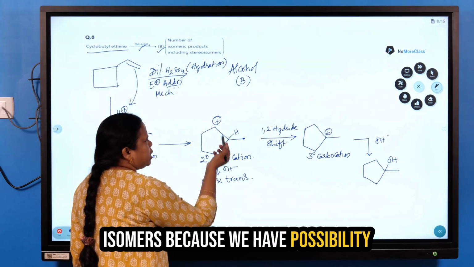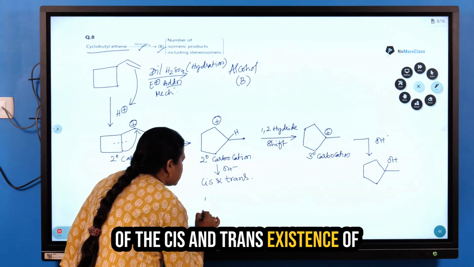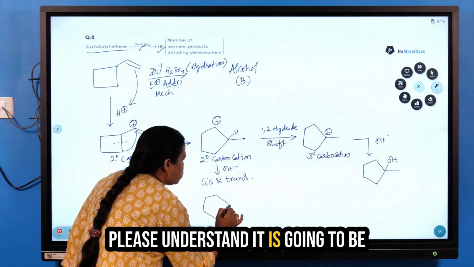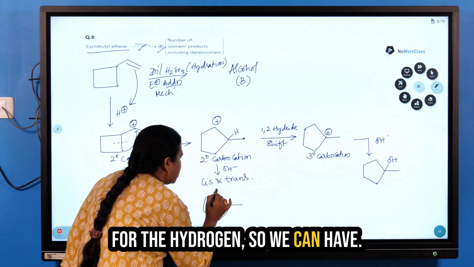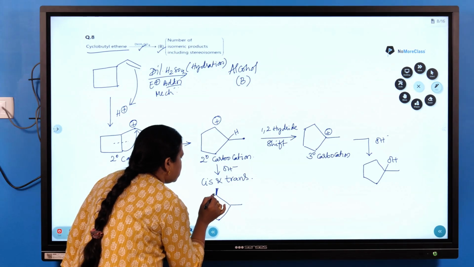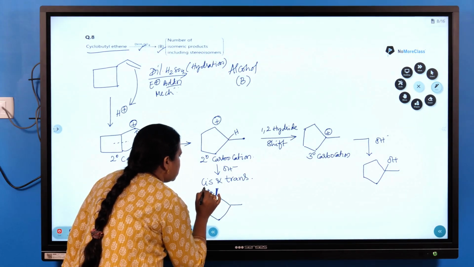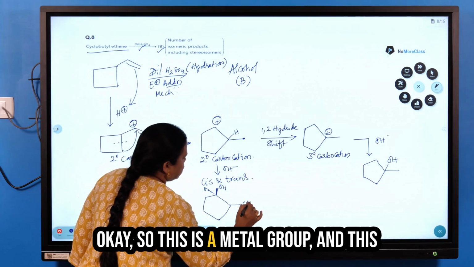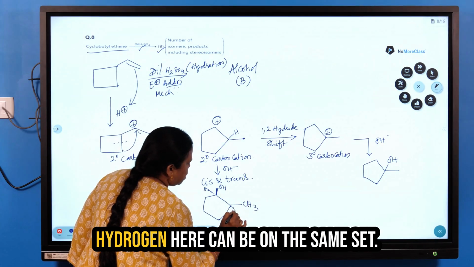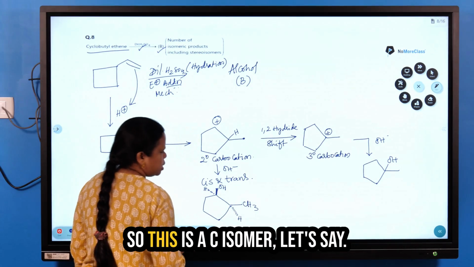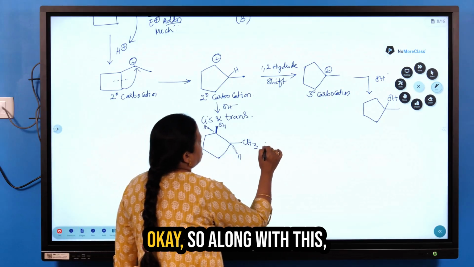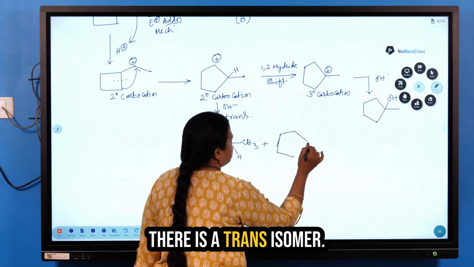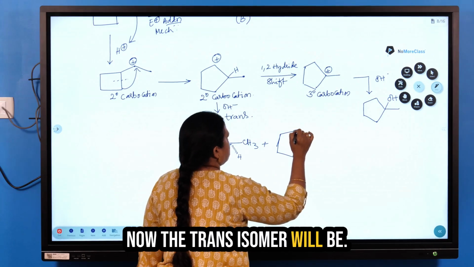Because we have the possibility of cis and trans existence of hydrogen, not the other group. Please understand, it is going to be for the hydrogen. So, we can have, here is the hydrogen, here is the OH. This is a methyl group. And this hydrogen here can be on the same side. So, this is a cis isomer, let's say. Along with this, what else is formed? There is a trans isomer also. Now, the trans isomer will be